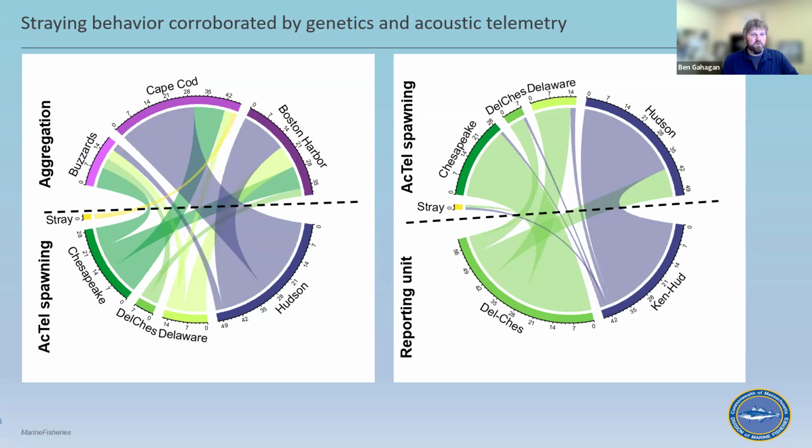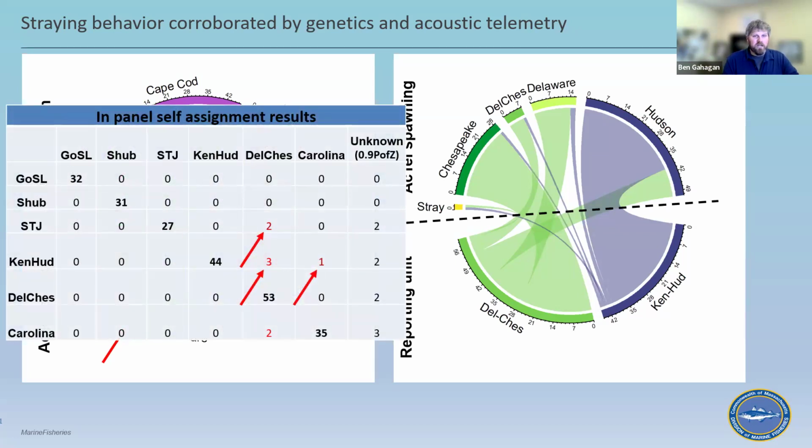So my basic point here is that we have seen evidence of strain in our acoustic telemetry results, in our baseline, and in the genetic origin of our acoustic telemetry fish. So what we're seeing here is actually behavior, perhaps this strain behavior being more common than sometimes thought, and a potentially important resilience strategy for striped bass.